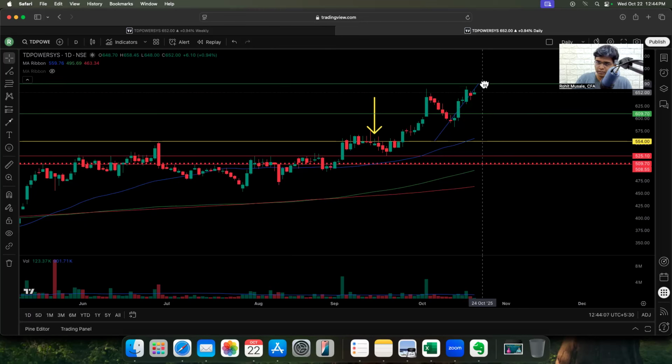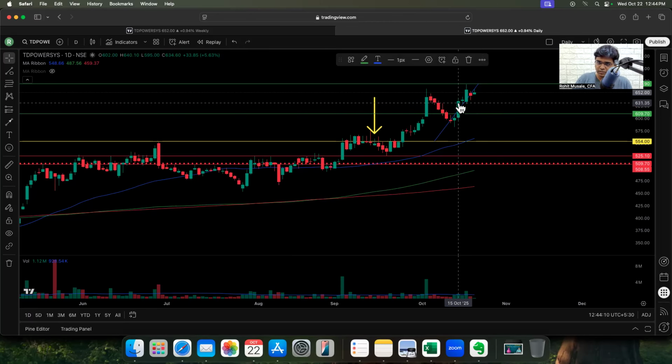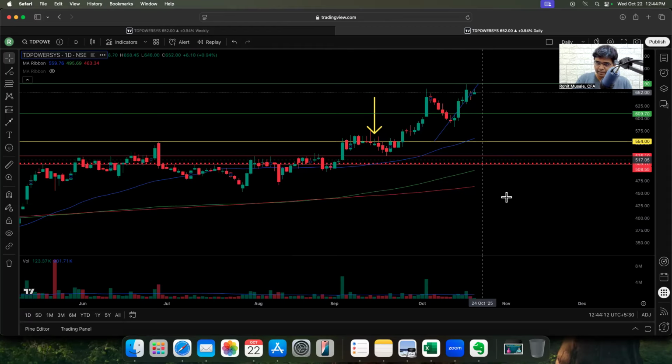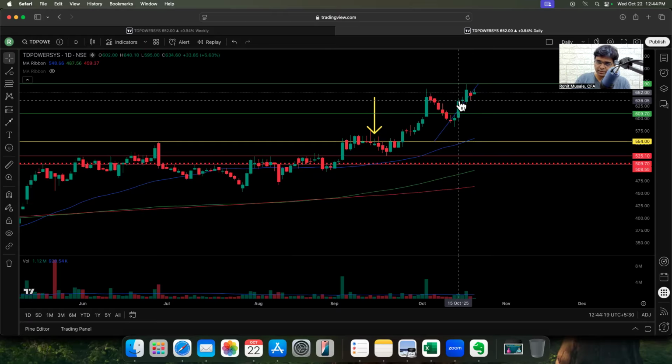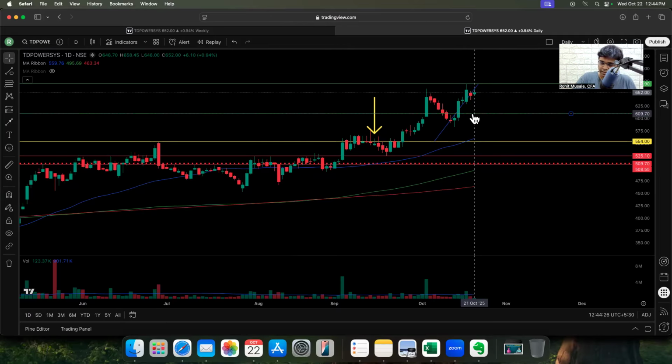I'm getting a phone call. So now, since the price is here, she places an OCO order. OCO means one cancels the other. So now that the price is here, if the stock comes down, it will hit this price, she will be out of the trade, and this order will get cancelled automatically because one cancels the other. And if the stock goes up and hits this price, that order will automatically cancel this order. So she will be out of the stock either at 20% or 10%.